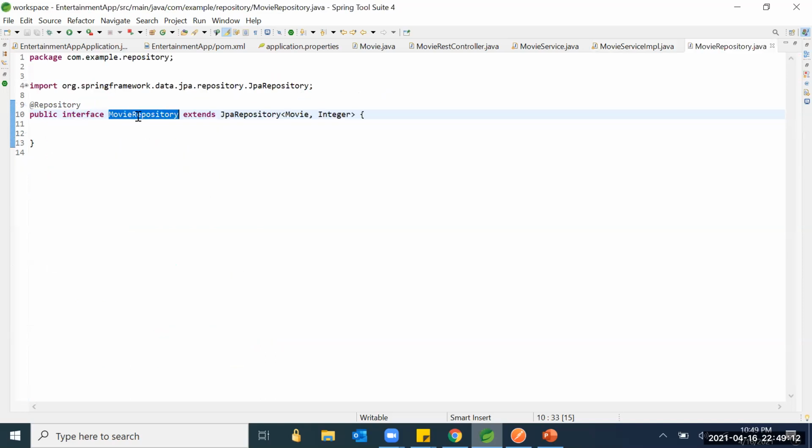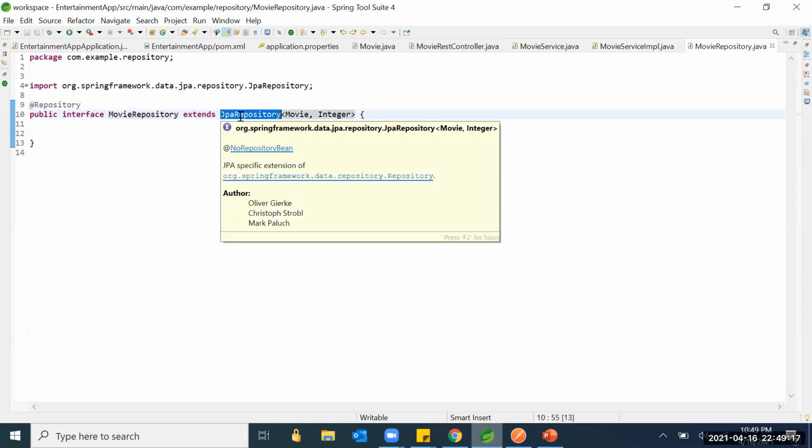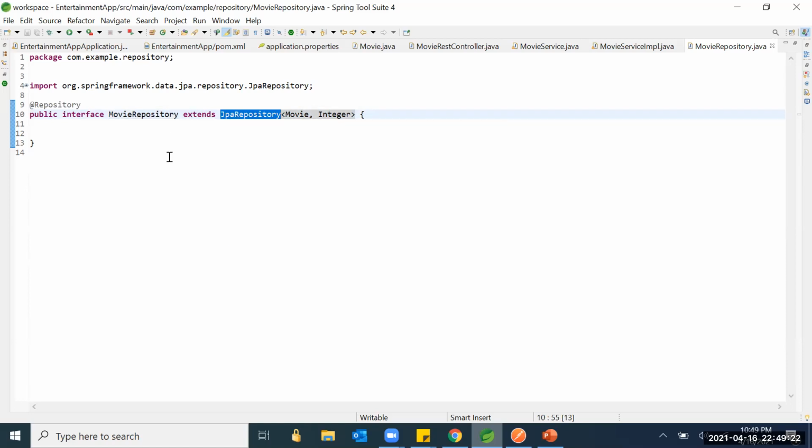Okay. So if you see this interface, this is the repository we are using, and it extends JpaRepository. Otherwise, you can use CrudRepository. You can use either. What it will do is give you default methods by default, like inserting the records or getting the records. But if you want to create any external methods, you can do that as well. Right now I'm not creating any external methods, so I'm using the default methods which JpaRepository provides. My entity is Movie and the primary key is Integer, so that's why I give Integer here.